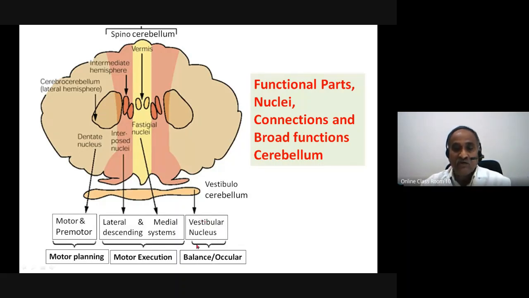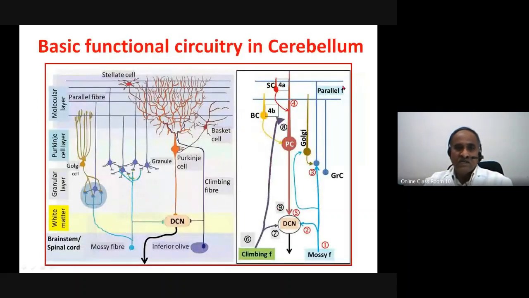And this vestibular nuclei is concerned with the balance, equilibrium, and the ocular movement, that is the eyeball movement. So this is in brief about the functional parts, the nuclei, the connections, and the broad functions. The broad functions I have given here: the motor planning, motor execution, the balance, and ocular motion. With this brief outline, we move on to the